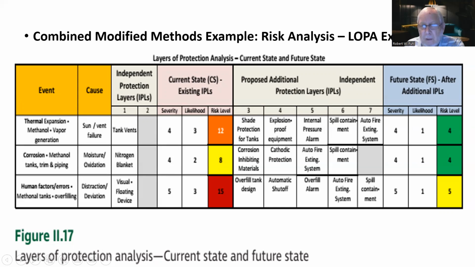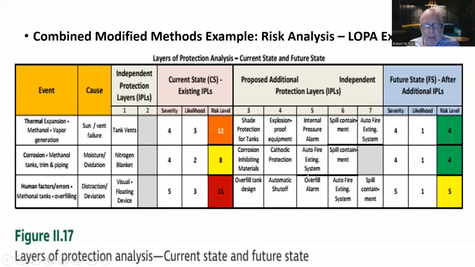Internal pressure alarm, spill containment. I mean, if pressure gets built up inside enough and high enough in a tank, it's going to blow, and that's why you have pressure relief valves. It might not blow the tank. It might blow the piping if there's type of piping to it too. All right. Anyhow,